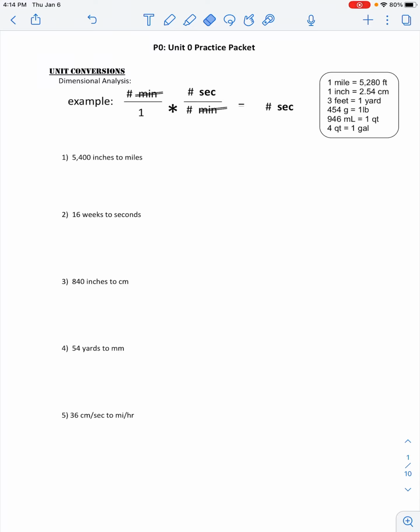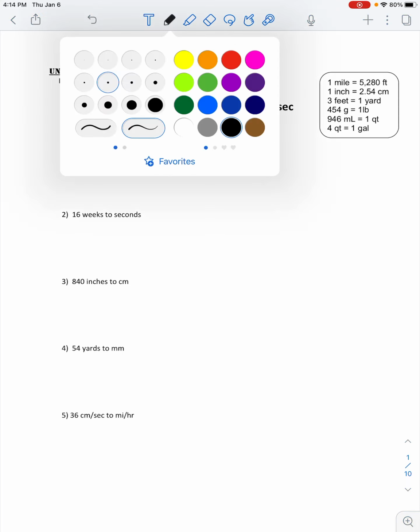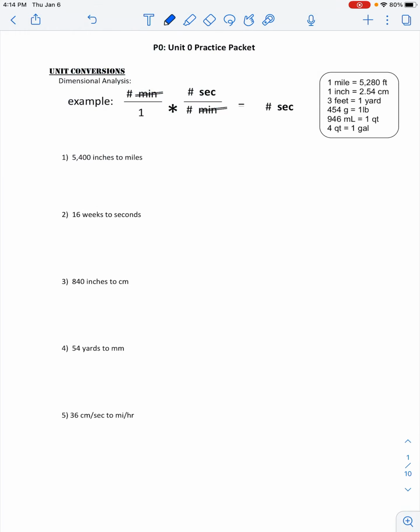All right, we're going to work through the first couple of questions for each part of this assignment. So on this page, we are practicing dimensional analysis. We are converting 5,400 inches into miles. So the first thing we want to do is take our value of 5,400 inches,